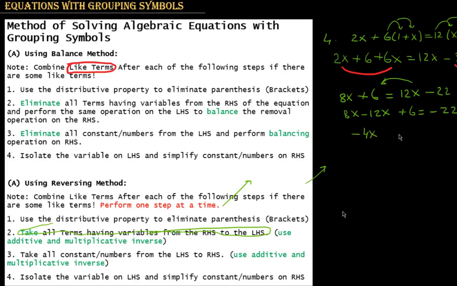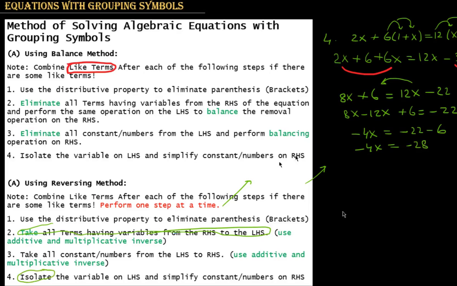Like terms, base is same, you just subtract 8 from 12, put the sign of the larger number, so minus 4x. Now we are taking this plus 6 on the other side of the equation, so minus 22 minus 6. So minus 4x equals two numbers with the same sign, just add the numbers, put the sign, minus 28. Now we have to isolate